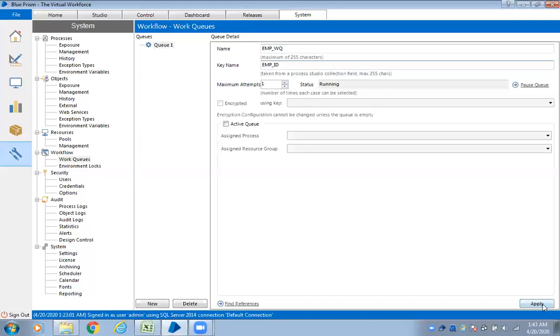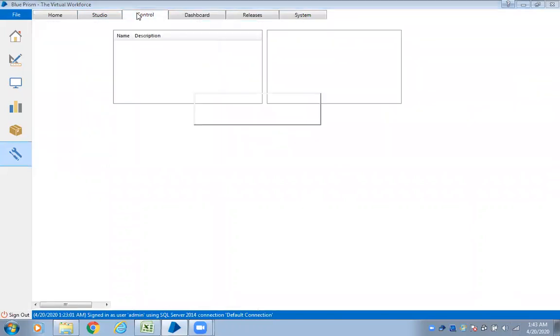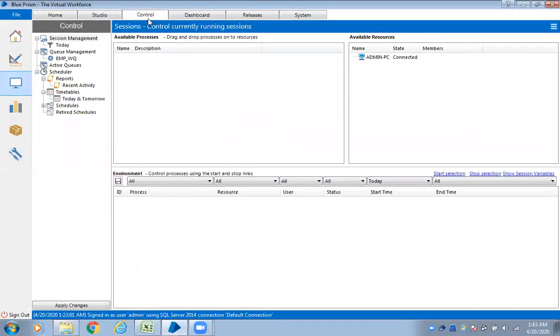Okay, now click apply. When you click apply, the work queue is created. You should be able to see that work queue in control room. Let me refresh it. It's not coming.